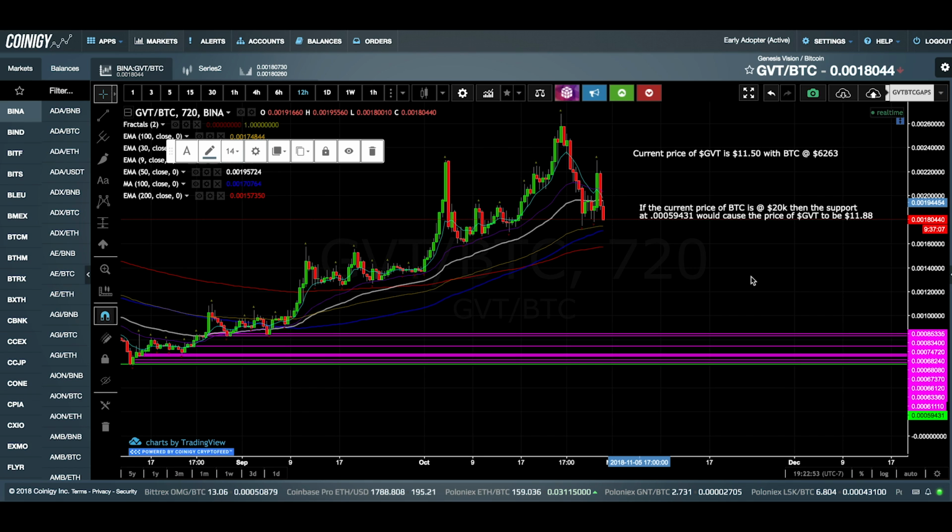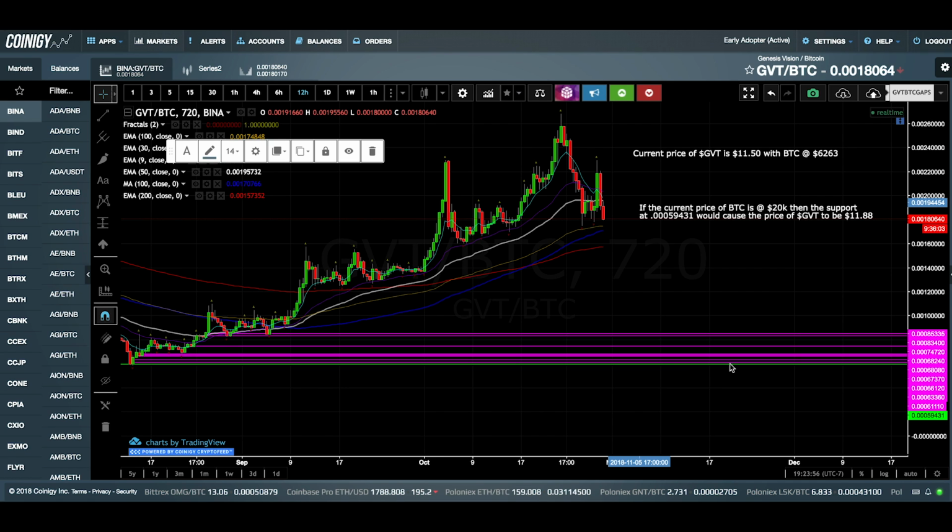I'm sure we have all seen in a bull run when BTC is going up and you're looking at the alts that are paired to BTC, you will notice them start to bleed. You'll see the red just really coming down and pushing the Satoshi rate down. Many people have the misconception that this is caused by people dumping their alts and moving into BTC, and that is not always the case. As Bitcoin goes higher, it has to account for the new Satoshi rate. So since the current Satoshi rate represents the current price of Bitcoin, as Bitcoin rises, the Satoshi rate is going to lower. And that's why this support here for GVT could mean the price at $11.88, or it can mean